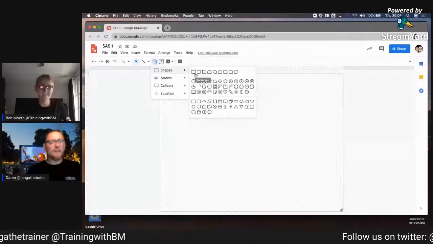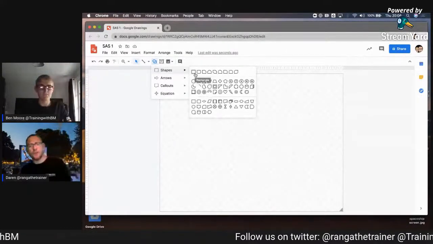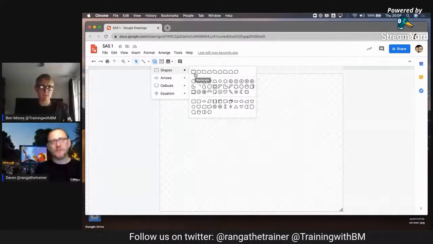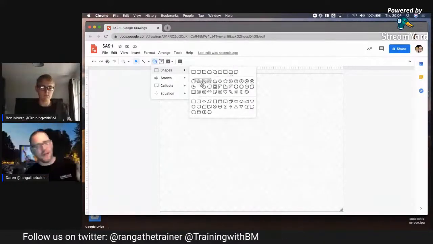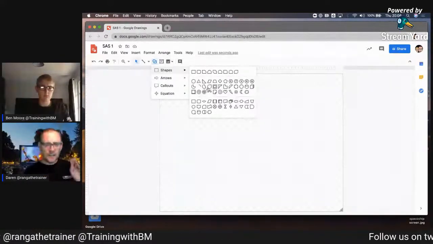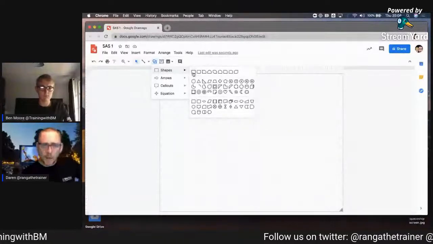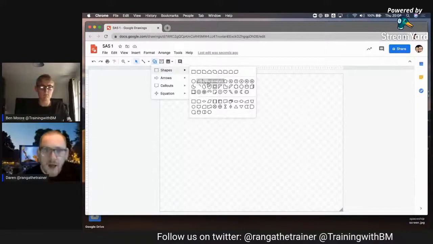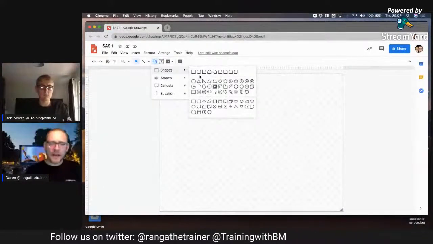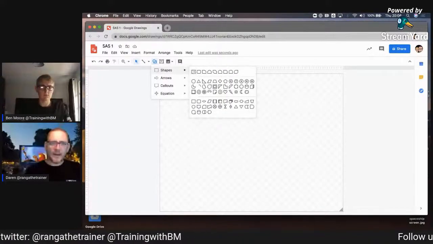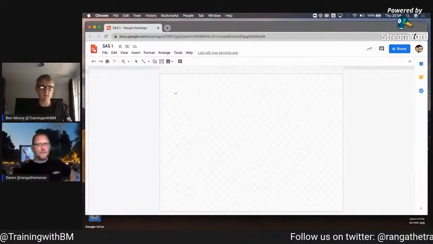Drawings is still on the old menu. If you've used Google Slides recently, you will notice that the shapes are now much more split out onto lines, and so are the colors. Drawings is still waiting for that update, but I'm going to start with a nice shape that I would like, and I'm going to start with a square. Okay, now if I start drawing,